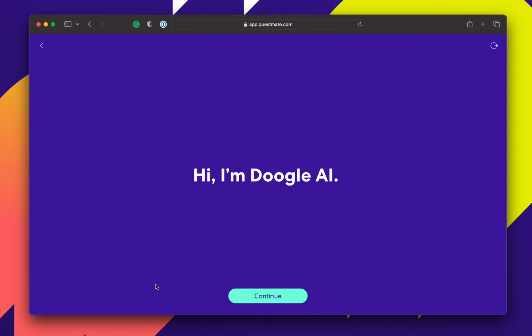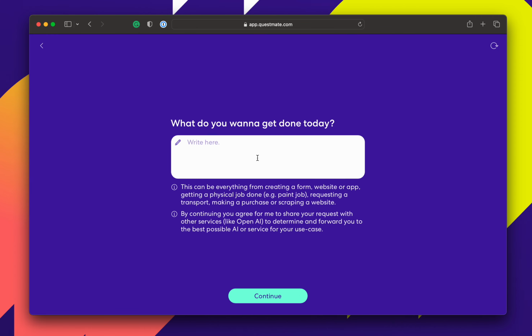I'll show you how you can use Doogle and Questmate to generate a sign-up form for, let's say, a marathon that you organize. Let's dive in. So let's say continue, and let's say I need an application form to sign up marathon runners to my marathon. And let's say I want to collect their name, sex, age,